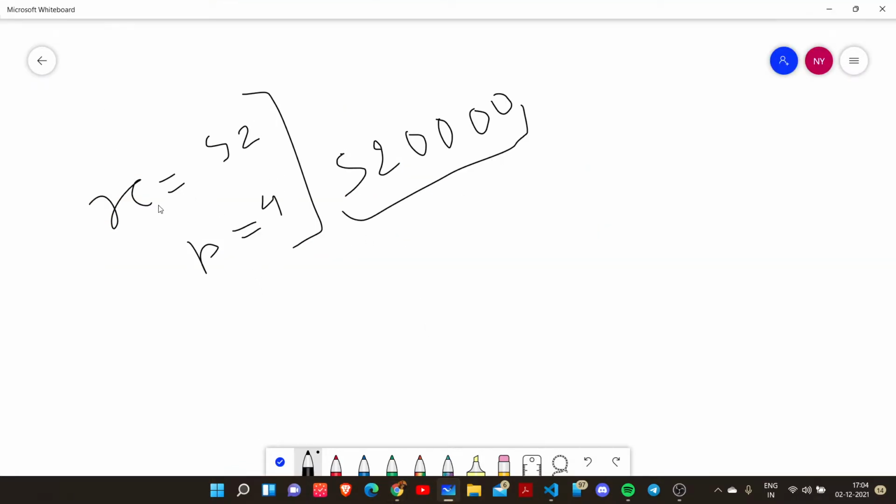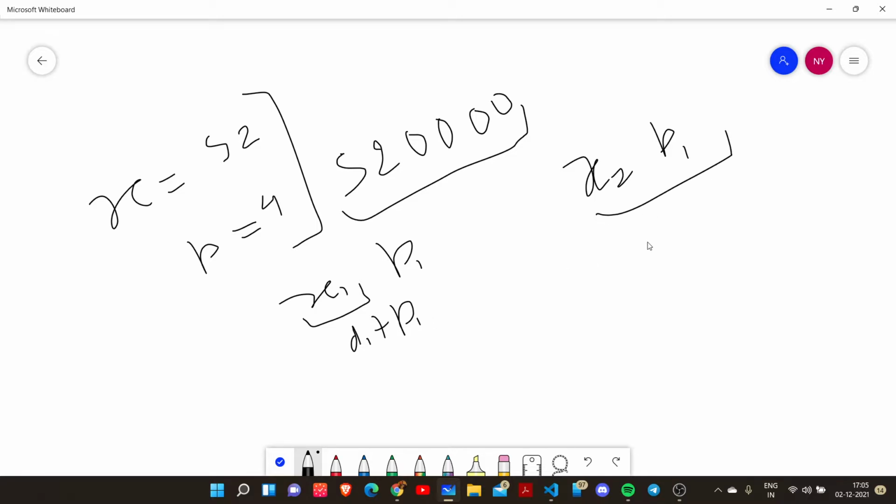let's say we are given x1 p1, and we are given x2 p2. So we will count the number of digits in x1. Suppose it's d1, and p1 is the total number of zeros that will be added to it. So this is literally the given number of digits. So d1 plus p1 will be the total number of digits in num1, and similarly d2 plus p2 will be the number of digits in num2.